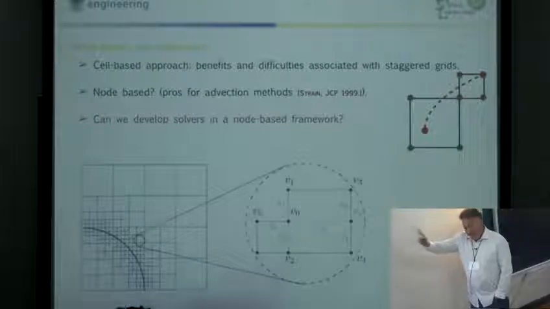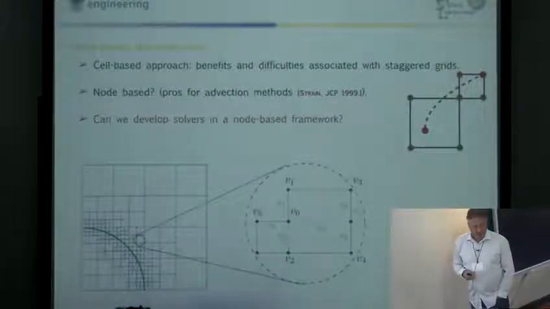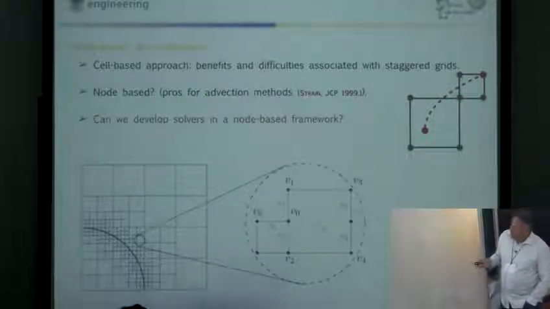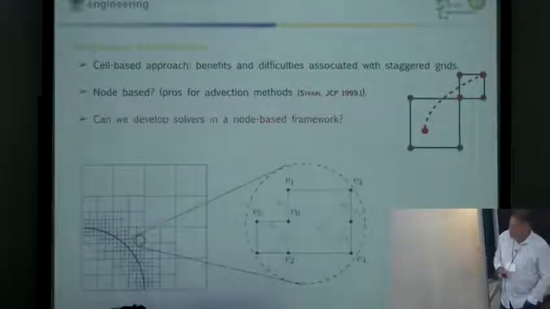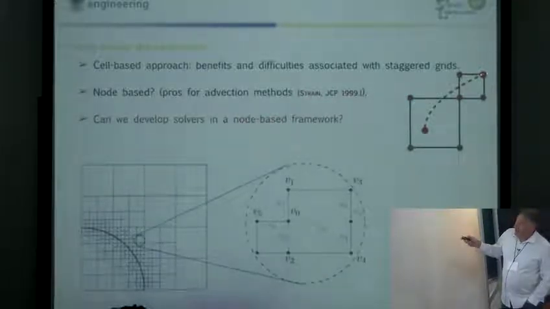And for that, there's an advantage of doing stuff at the nodes. The first person who did things at the node was John Strain, where he did the level set, a simple advection equation, actually, that was just what he did. And so he was saying that on an Octree grid, it's an advantage to use a node-based configuration, because if